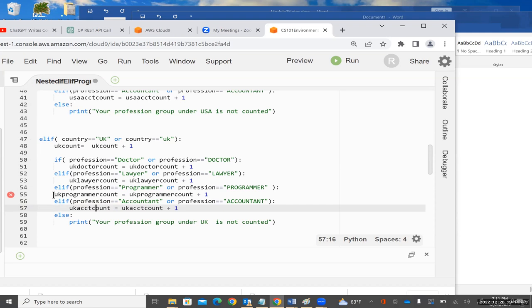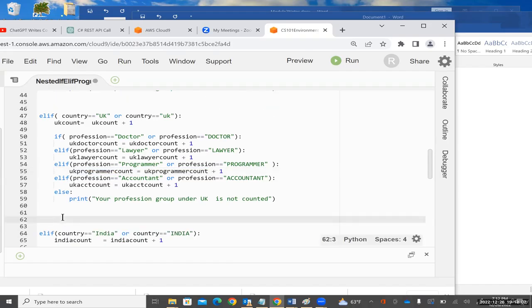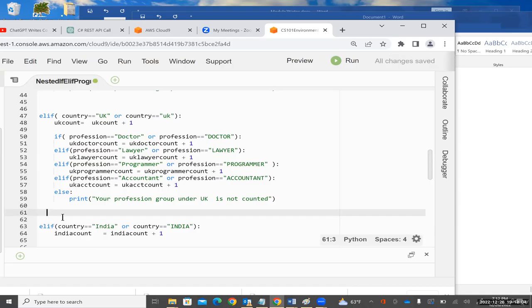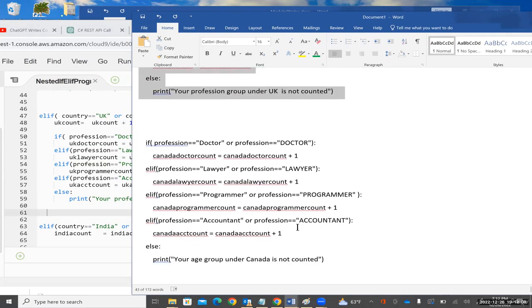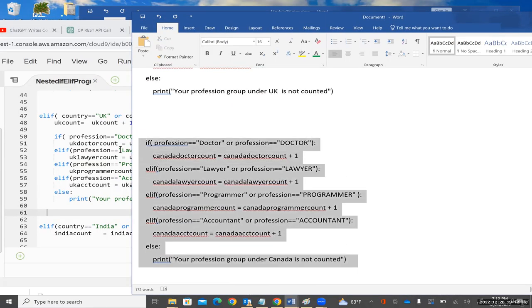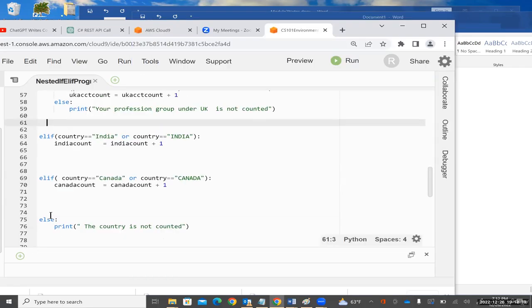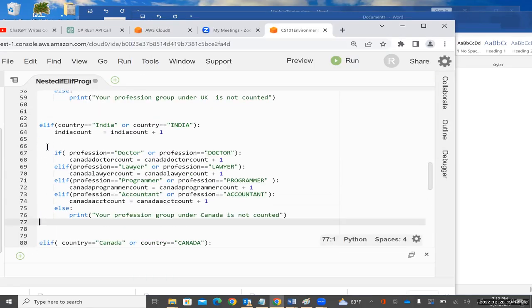So Python doesn't know that this is the body of elif. How do we know that? Only by indenting. So we took care of UK. Now we'll copy the same thing for the next country. I'm going to copy that, India. So same thing here, as you see,